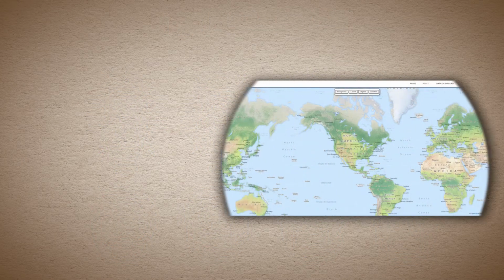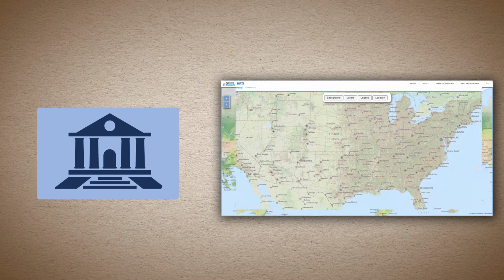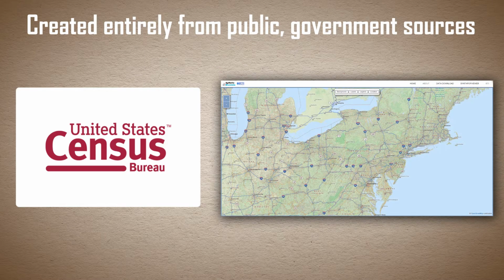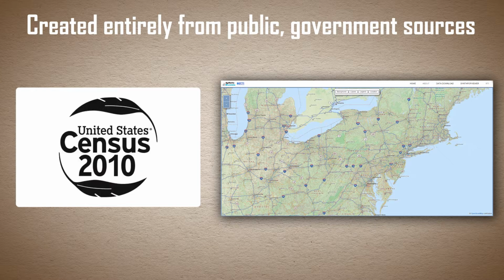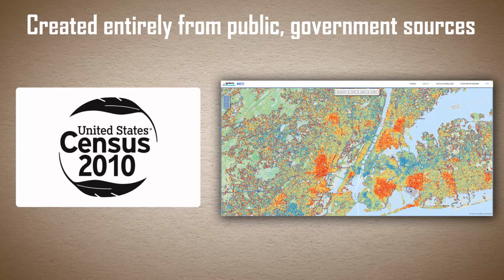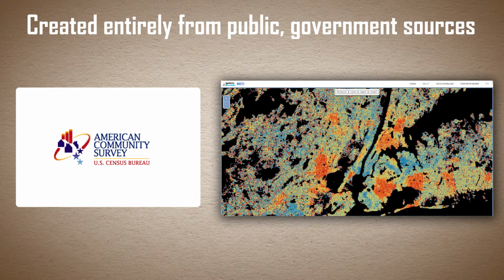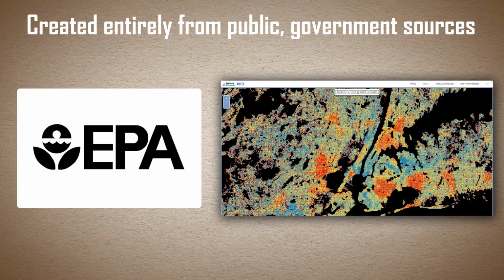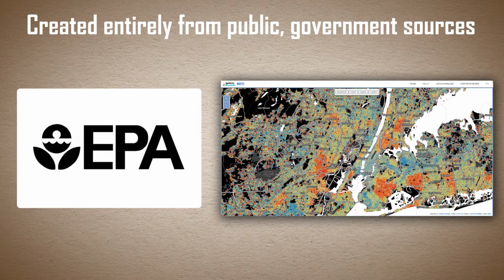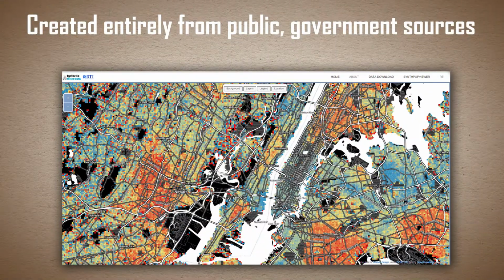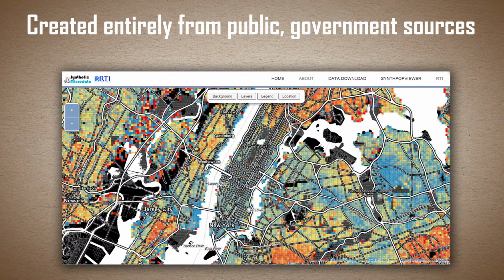The U.S. Obesity Map was created entirely from public government sources, including data from the Census Bureau's 2010 U.S. Decennial Census and 2007 to 2011 American Community Survey, and the Environmental Protection Agency's Integrated Climate and Land Use Change Scenario. The data are available for viewing and downloading on an interactive obesity mapping website,